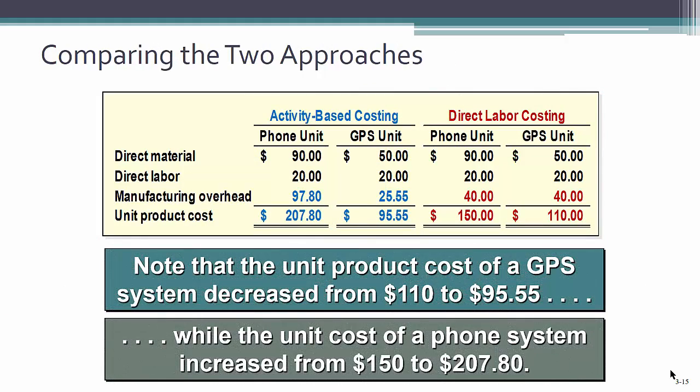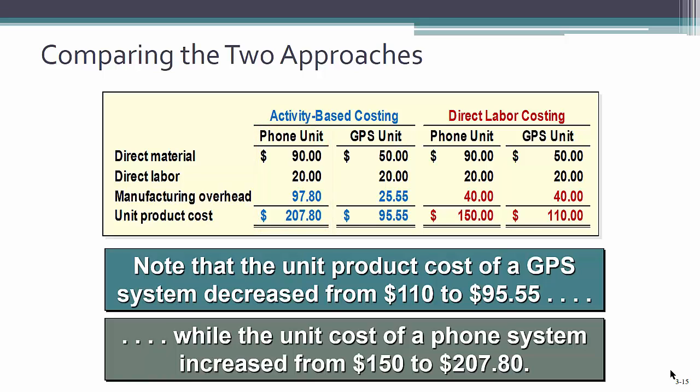The final step is to determine total product costs. Let's consider ABC, then we'll compare it to the traditional costing method. When we add direct material cost of $90 and direct labor cost of $20 to our ABC overhead cost per unit of $97.80, the total unit product cost of a phone system under ABC is